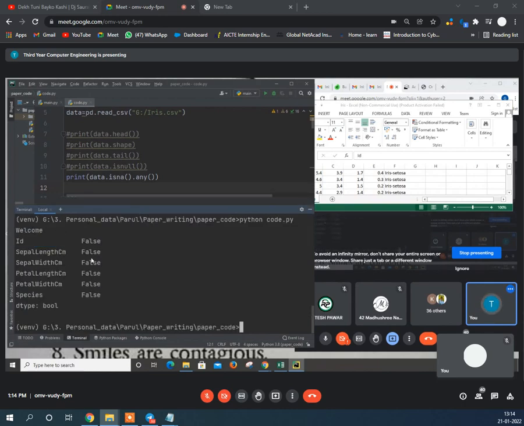And now, one by one, how many columns are there? 6. 1 2 3 4 5 6. So data type is